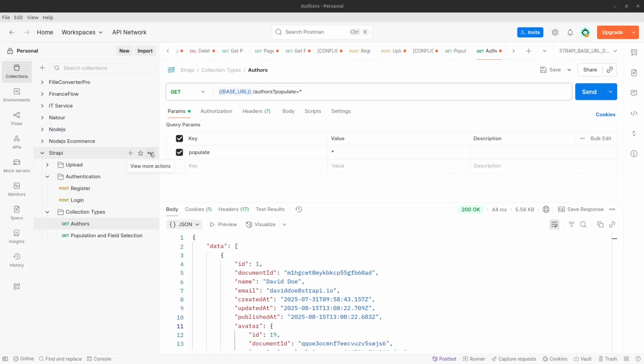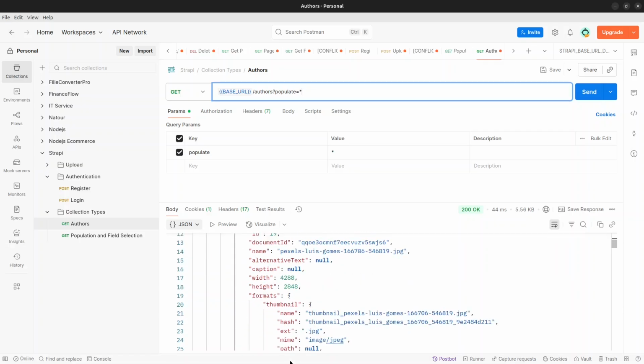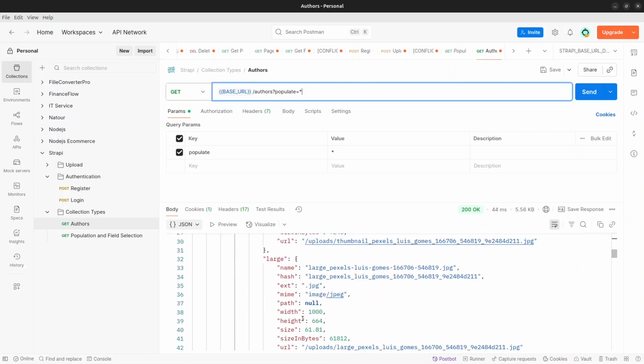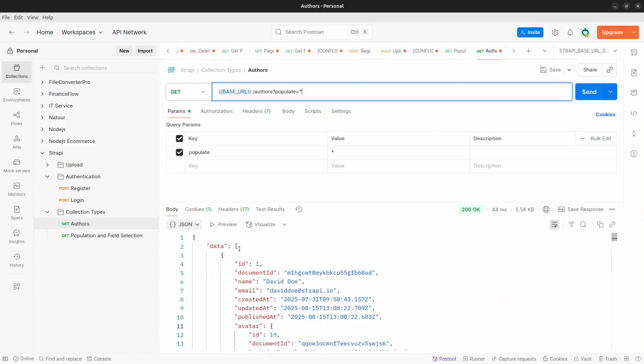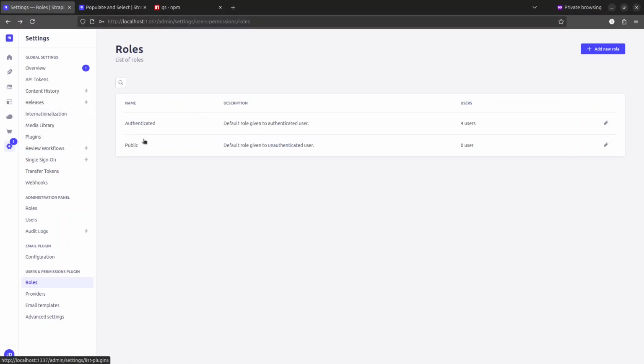So, in the last video, we saw how to populate the media field and Strapi's relational field. But we also know this is not the correct way, because it is not good for performance to populate all the fields of the relational and the media. So let me take you to Strapi's documentation where